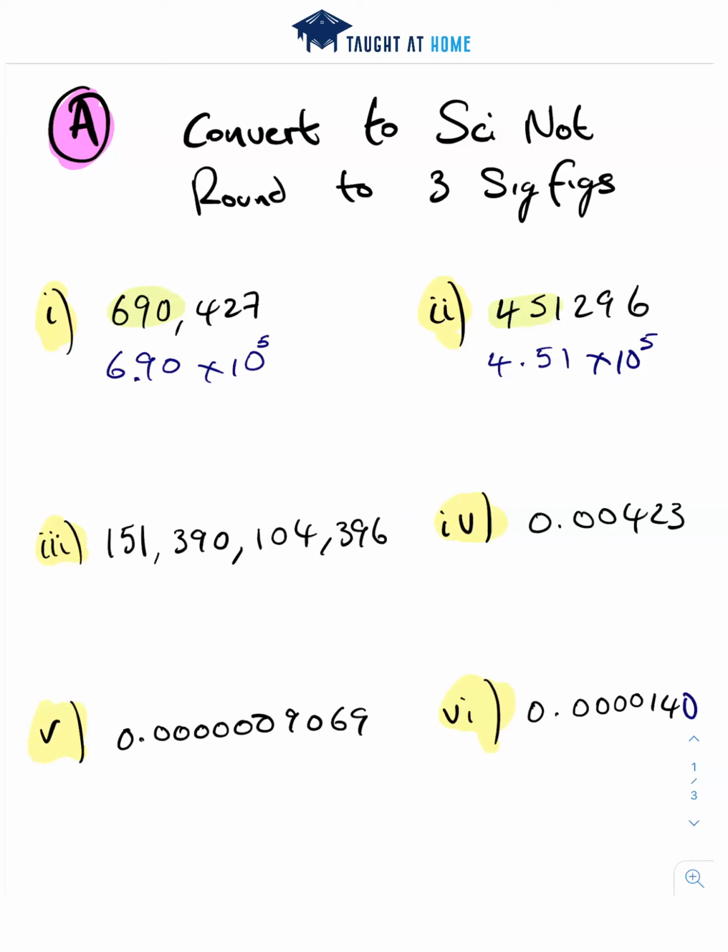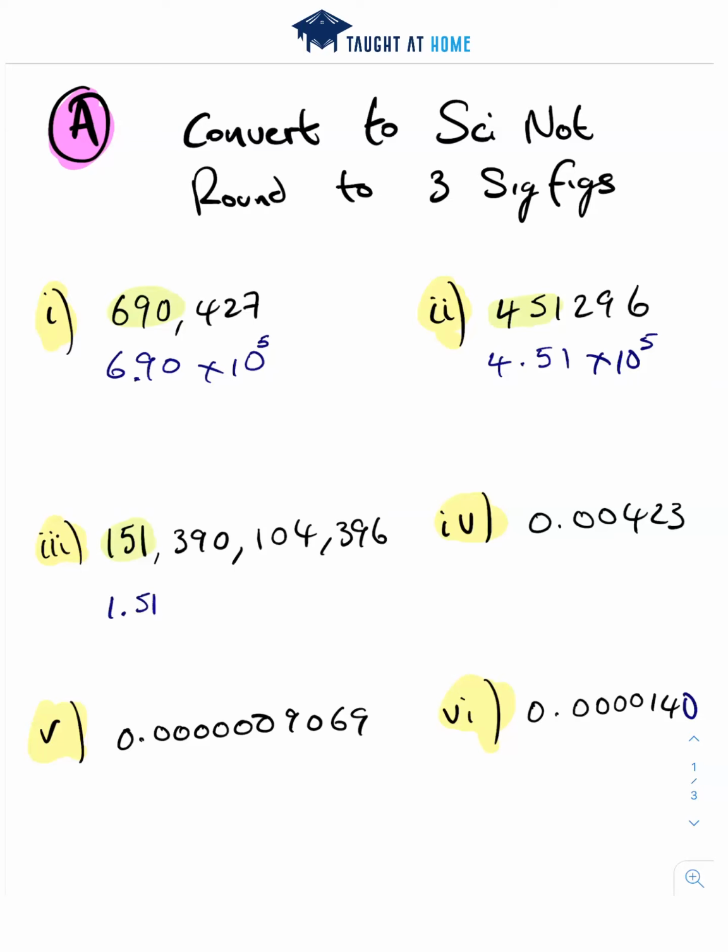Now let's go on. We've got a big number here. We've got 151,390,104,396, so a big number. Again, we'll look at the 3 significant figures here. I'm going to look at the fourth, which is a 3, so that doesn't round this one up. So it's going to be